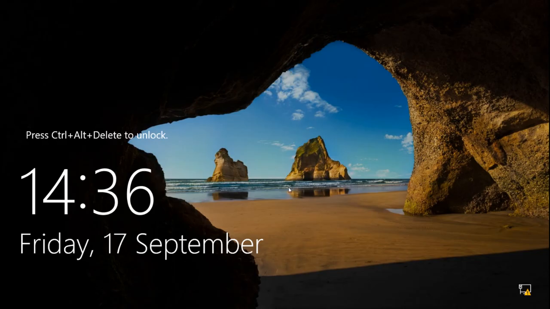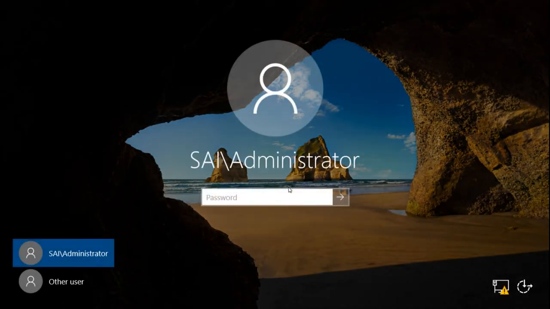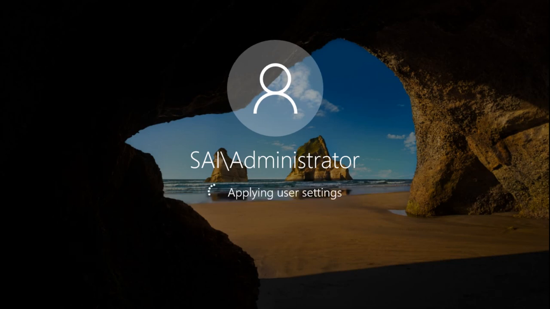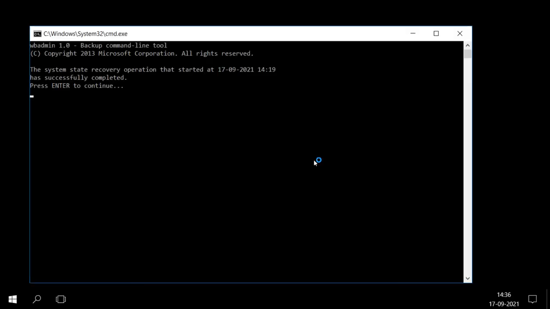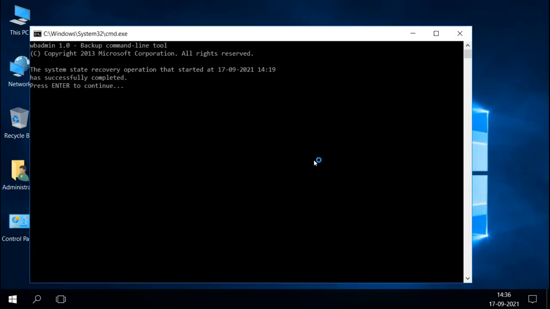Even if you don't do the authoritative restore, the user will not come back, because we have the other domain controller which will update again that the user is deleted. And also we have changed the safe mode option, so the server will now start in normal mode, and we can log in as a domain administrator. If we had not changed that msconfig safe mode option, it would have logged into DSRM mode again, and we would not be able to log in as a domain administrator.